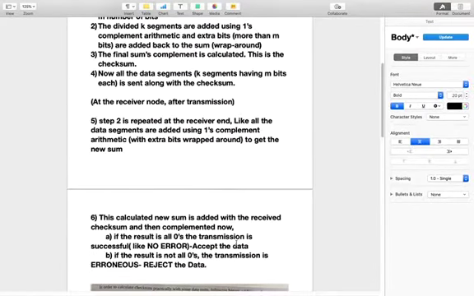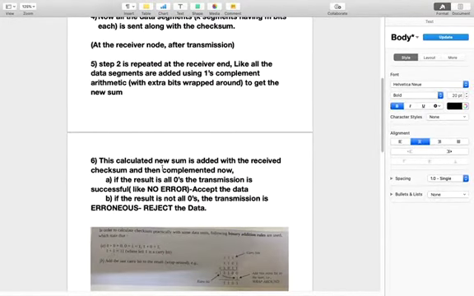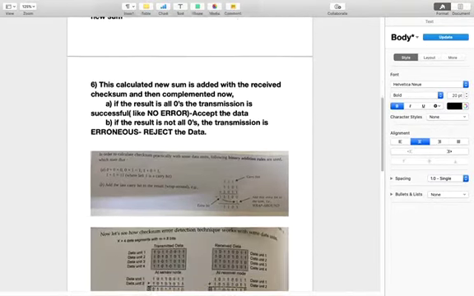In the 6th step, the newly calculated sum is added with the received checksum and then complemented. If the result is all 0, the data transmission is successful, meaning no error. If the result is not all 0, the transmission is erroneous and the data is rejected.